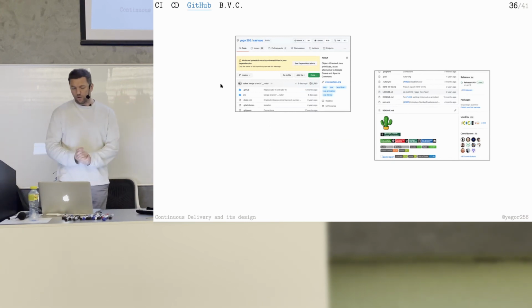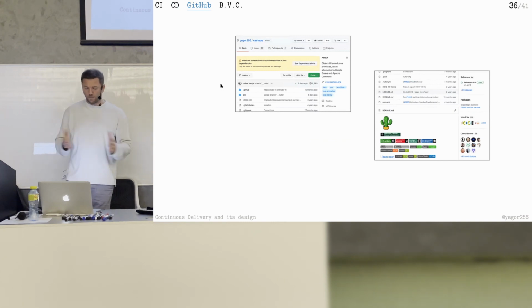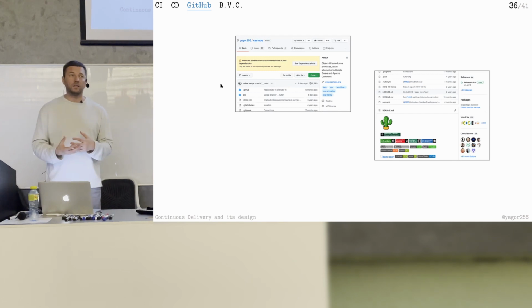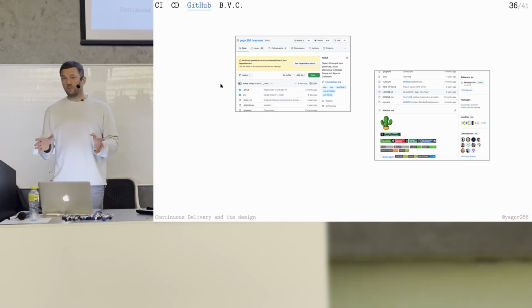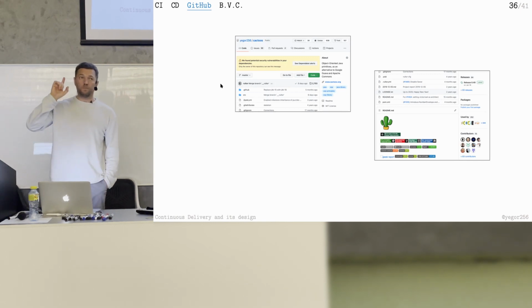GitHub, if you don't know how it's organized, I can tell you a few important things which you need to know. So on GitHub you have sources, of course, like normal Git sources. Then you have issues and pull requests, which you absolutely must use. Every time you want to make some changes, you have some ideas, you start with an issue. Even if you develop the project yourself, even if you're the only developer, you try to discipline yourself.